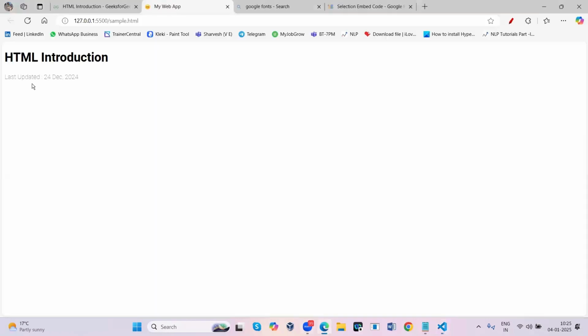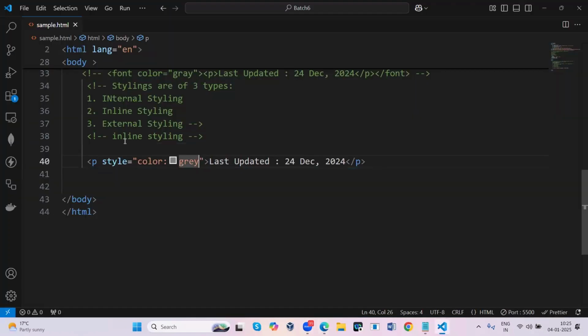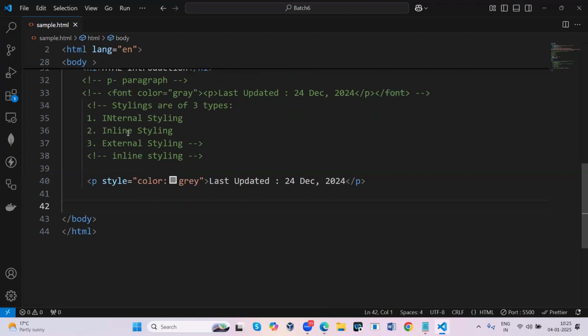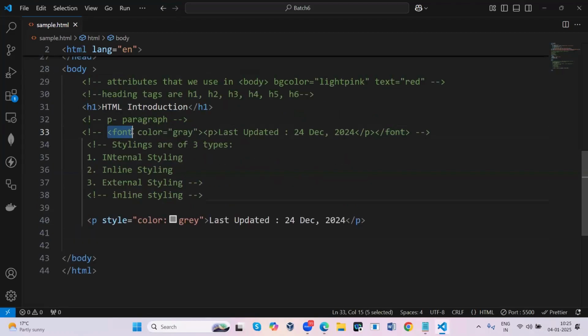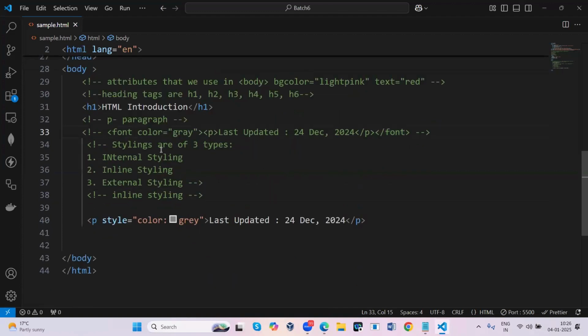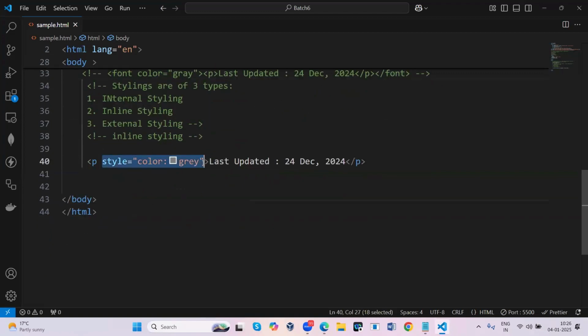So now you can check it here. The same thing is applied. This one I commented. This is an HTML tag. With the help of the HTML tag, I just gave the styles. Okay, what is the style here? The attribute here is color equal to gray. Usually when you are getting the tags in red color, those are all old kinds of tags. Sometimes the browser will not support them. So in order to overcome that, we will make use of CSS properties like this.